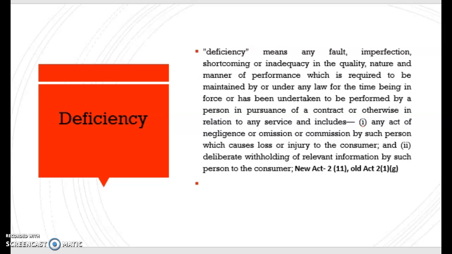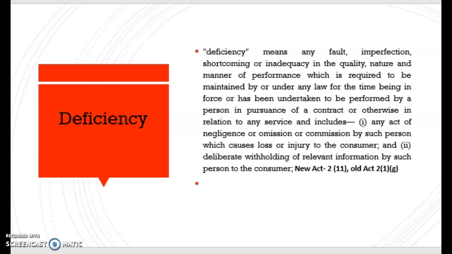When a service is found deficient by a consumer, under these circumstances also a consumer can make a complaint under the Act. Thus the prime requirement is that the matter must fall within the definition of services and must entail a deficiency as per the norms given under the Act. The Act defines deficiency under Section 2(11) of the new Act and 2(1)(g) of the old Act. If you read the definition, it means any fault, imperfection, shortcoming, or inadequacy in the quality, nature, and